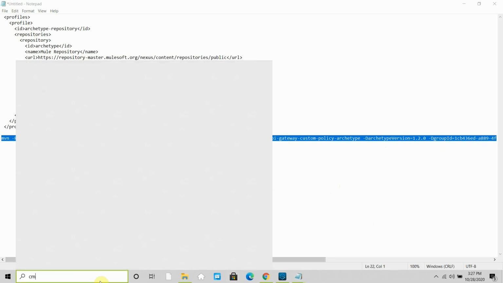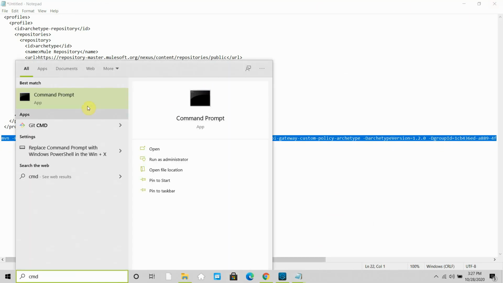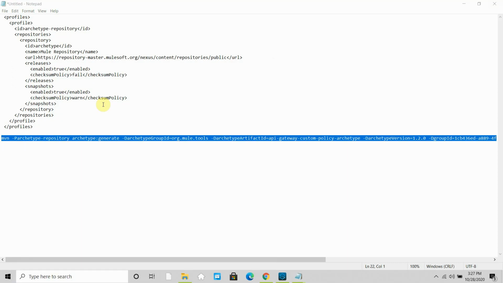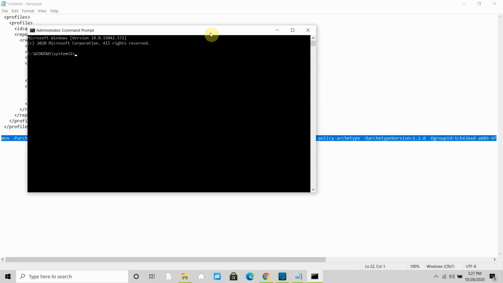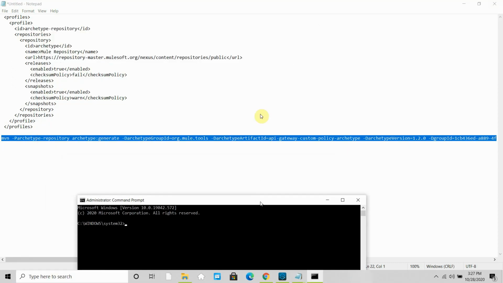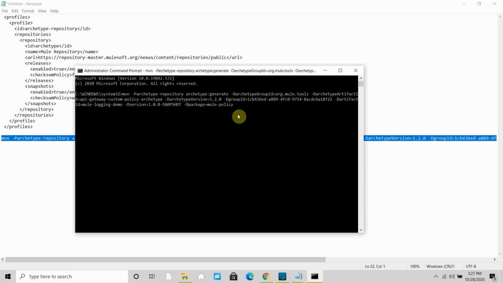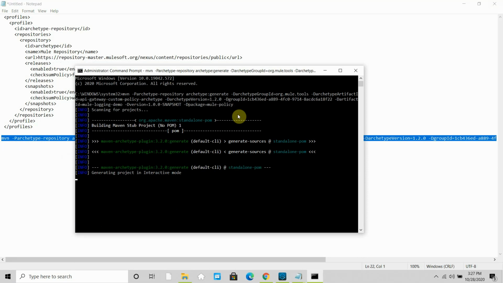I can open CMD. You can run as an administrator. Let me check all the spaces are in place. Yeah, okay, so it should be quicker this time. It is generating the project in interactive mode.